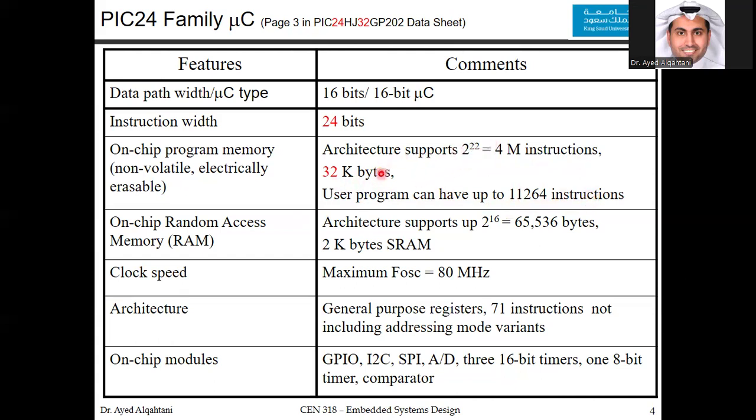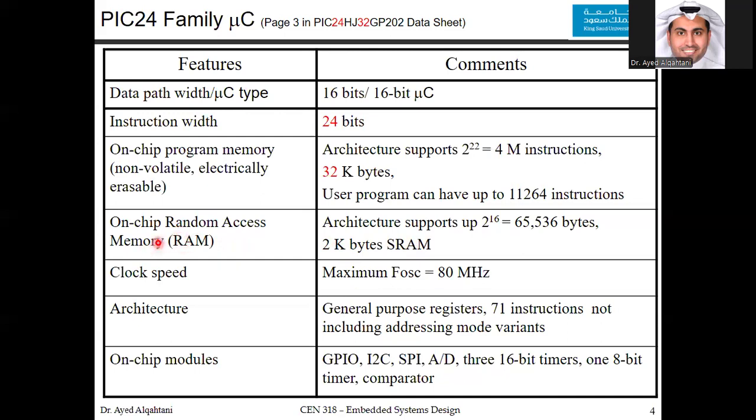We will see how these numbers are shown in the program memory itself in the next few slides. On the on-chip random access memory, the PIC24 has an architecture that supports up to 2 to the power of 16, which is 65,536 bytes, or 2K bytes SRAM. Also, we will see how this is broken down when we talk about the